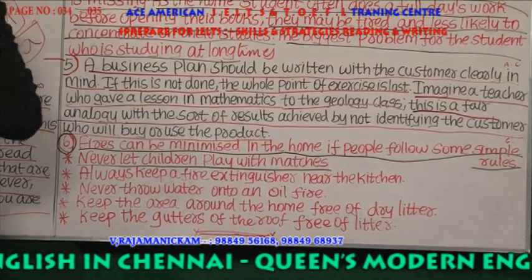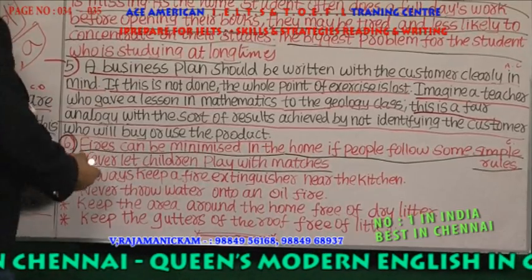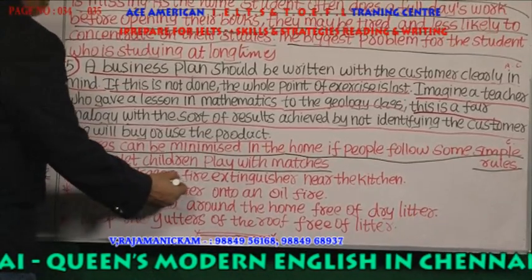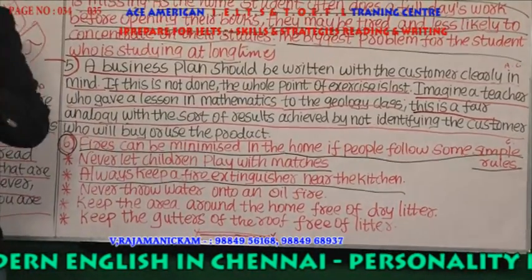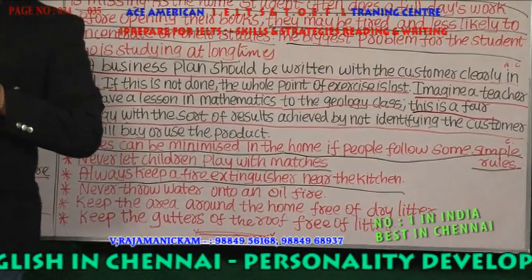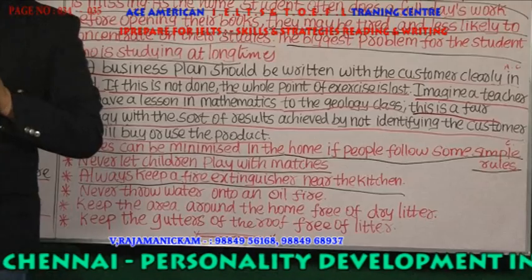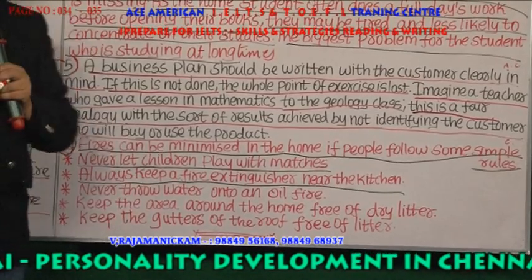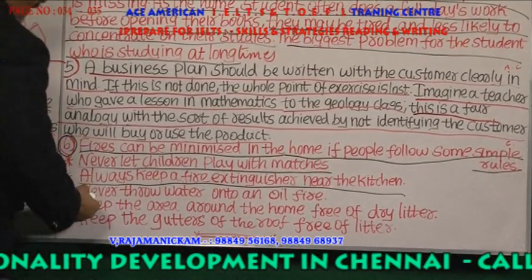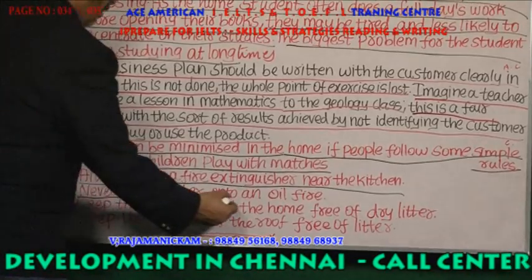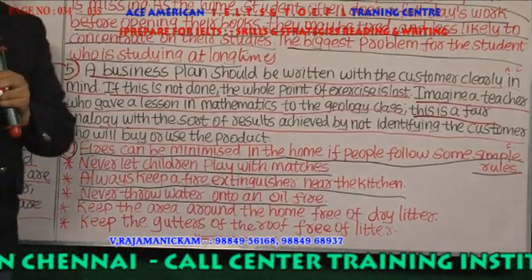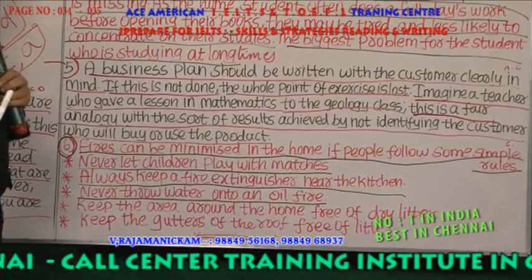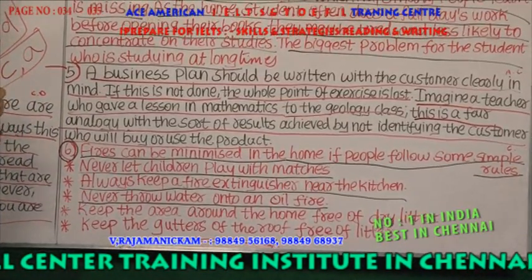Number two, always keep a fire extinguisher near the kitchen. So near the kitchen, you keep a fire extinguisher so that you can put off the fire. Next, number three is never throw water onto an oil fire. Never throw water onto an oil fire. This is the third one. Fourth one is